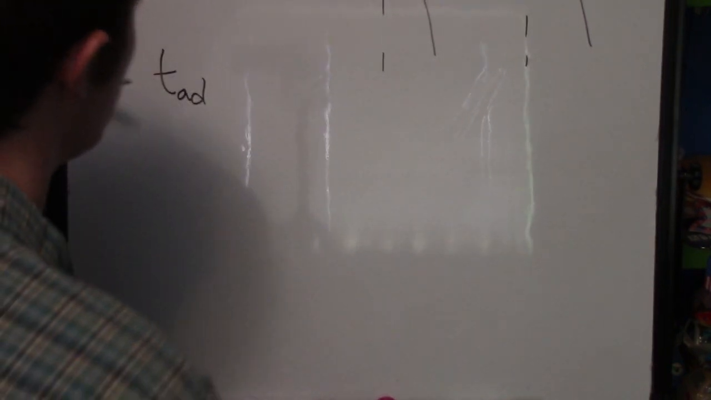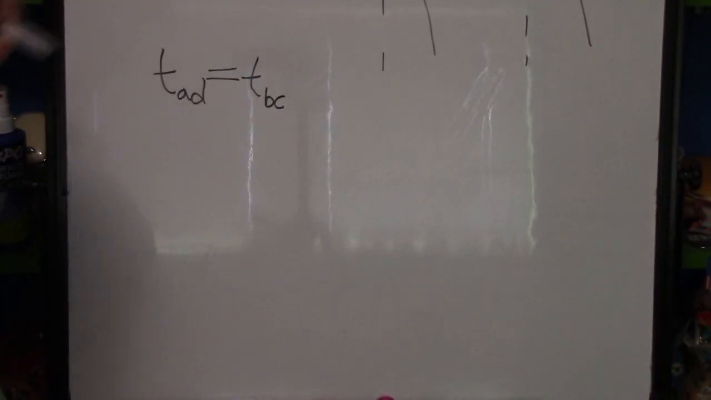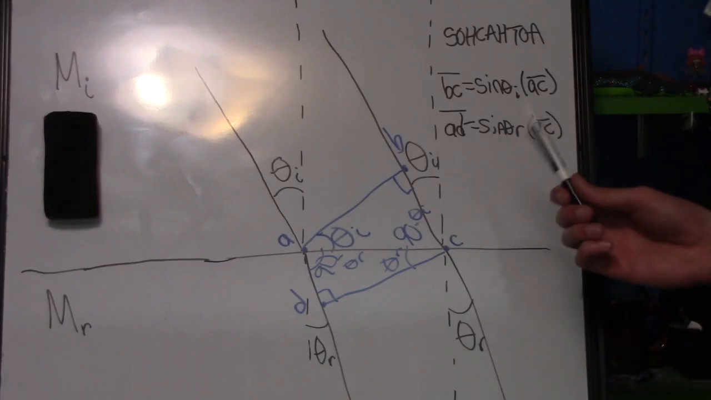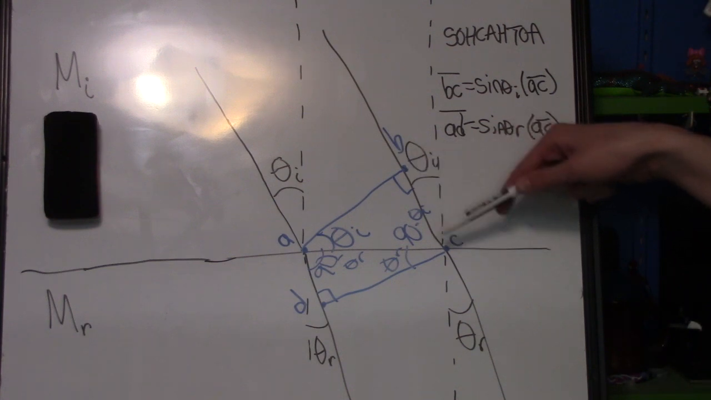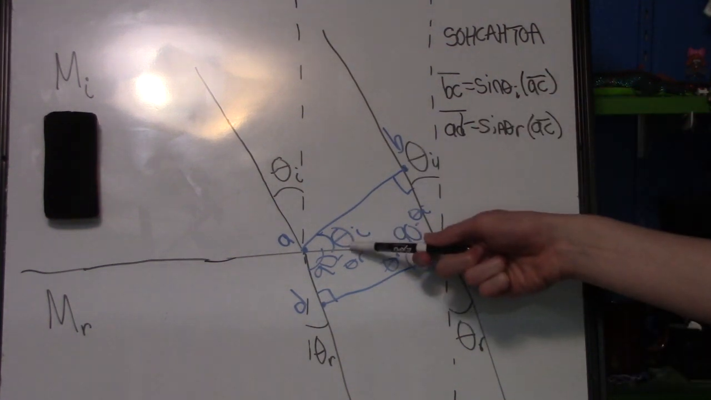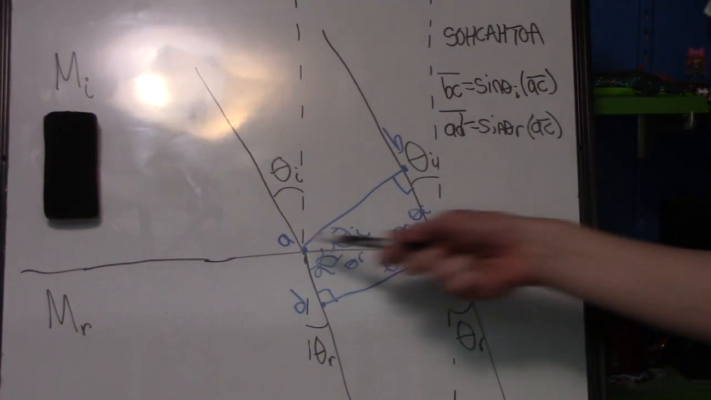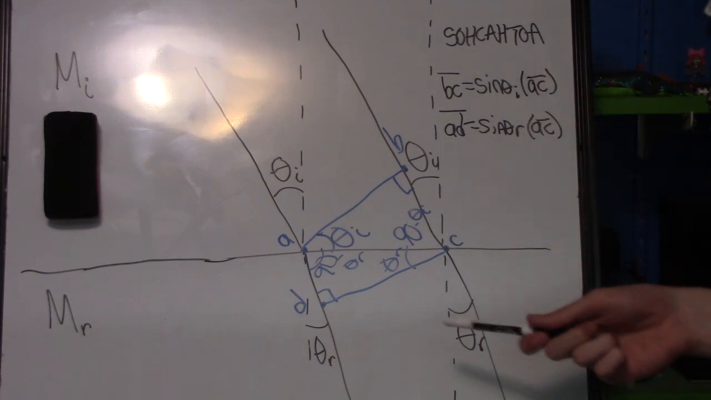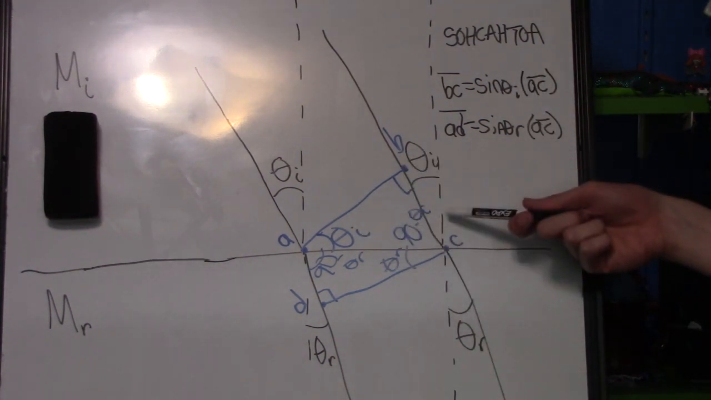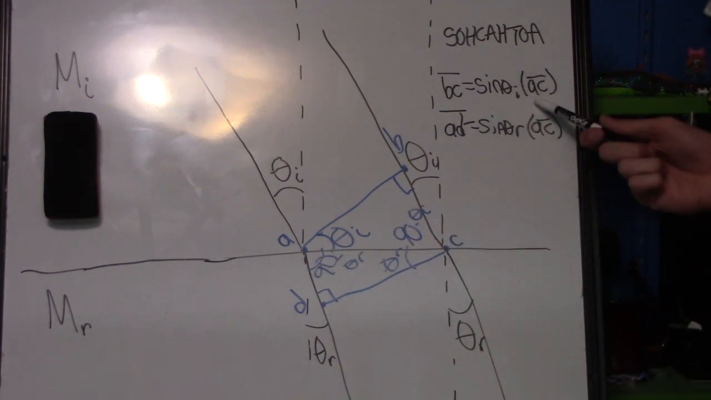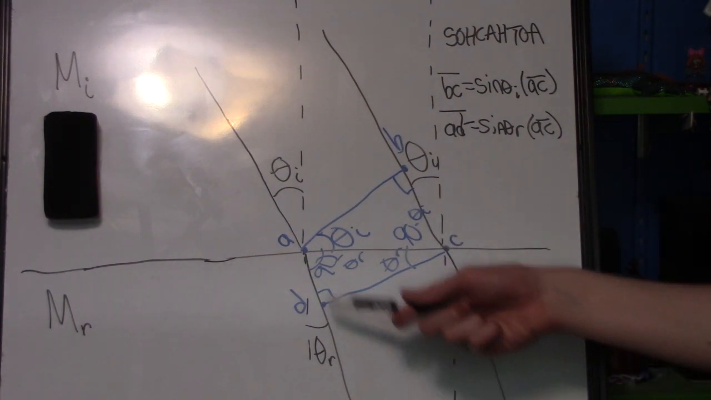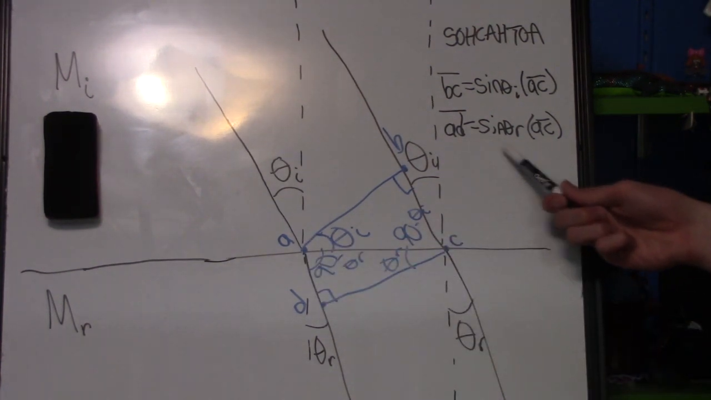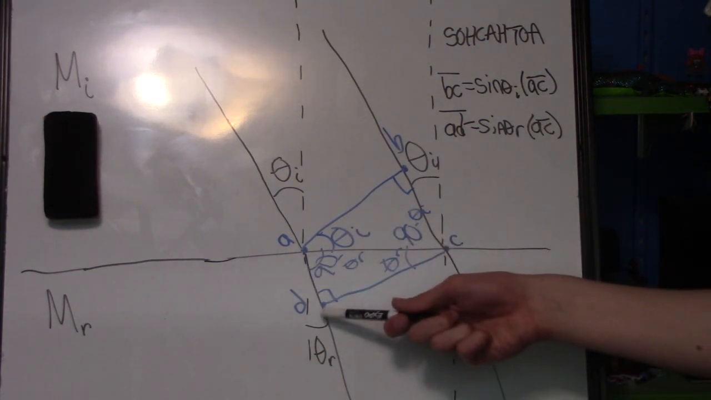Okay, so now it's time for some plug and chug. So we know that T_AD, that is the time it takes to get from point A to point D, is equal to T_BC, which is the time it takes to get from point B to point C. Let's also note that the line segment BC is equal to the sine of theta I multiplied by the line segment AC. Remember SOHCAHTOA, sine is opposite over hypotenuse. In this case, the opposite side from theta I is BC. The hypotenuse is AC, so you need to multiply by AC to get back to BC. The same is true for AD, which is the opposite side from theta R. So you take the sine of theta R multiplied by AC, which is the hypotenuse of this right triangle, to